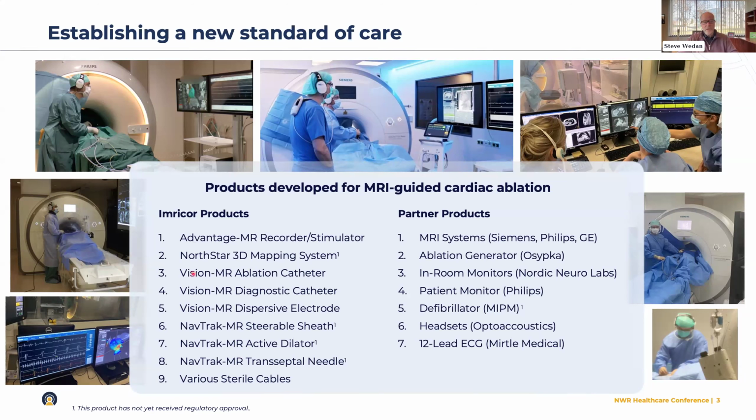We have developed then a whole long line of consumable devices or disposable devices. The vision ablation catheter was the catheter that I showed you on the very first slide. That's the primary catheter that goes in, takes electrical measurements, and burns. But also we have a diagnostic catheter, which is very much like the ablation catheter, but only takes electrical measurements. And so it's a less expensive catheter that you use alongside the ablation catheter to keep the costs of the